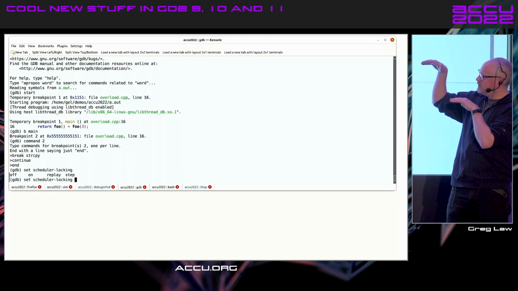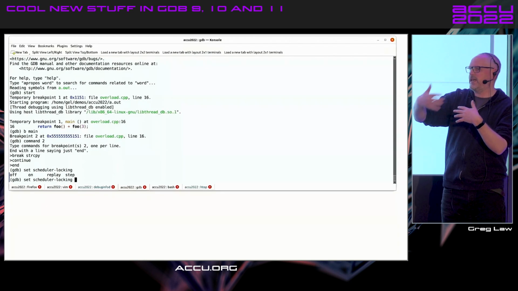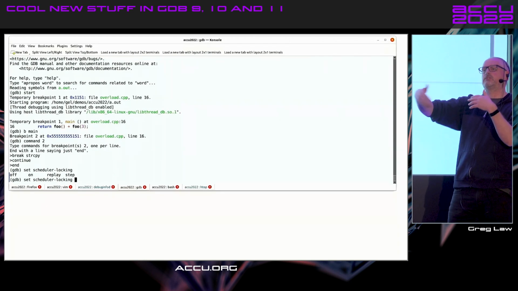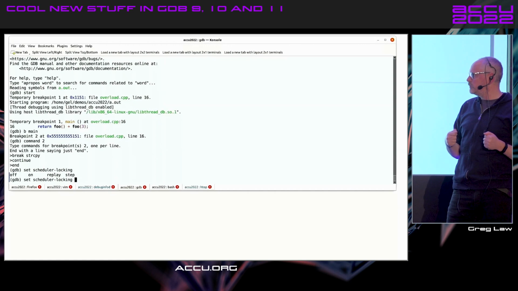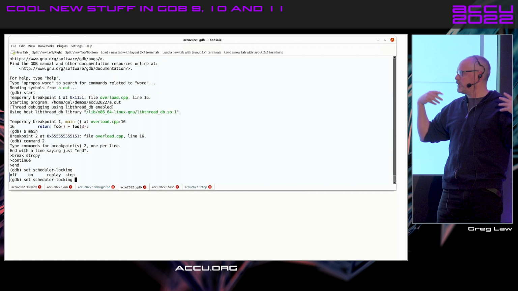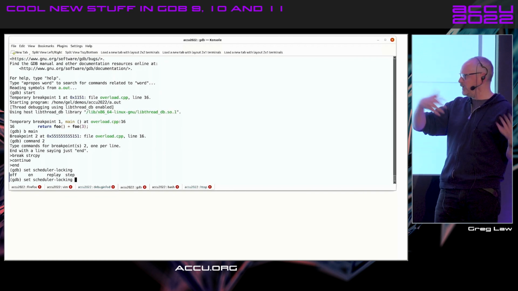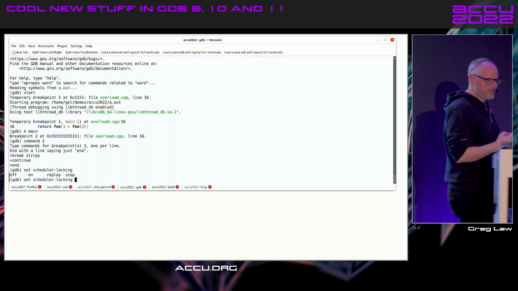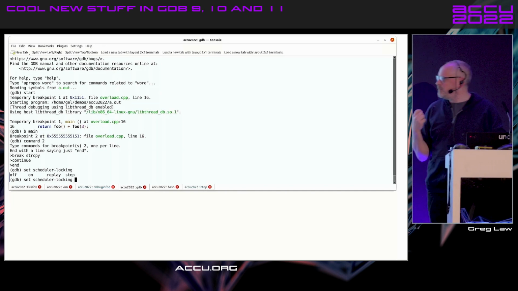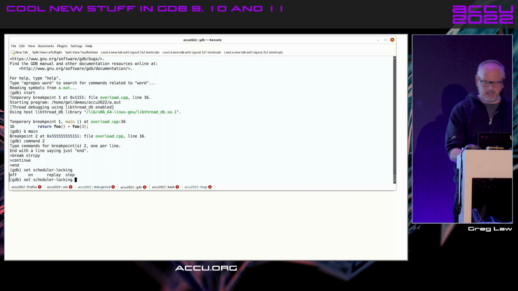If it's on step mode, then when you're stepping, and I think next, only that thread will be stepped or nexted, and other threads will not be run. And when you do continue, all of the threads will run. So continue and step are different. The default actually changed, I believe, in roughly GDB 8 to step. So I think if we,